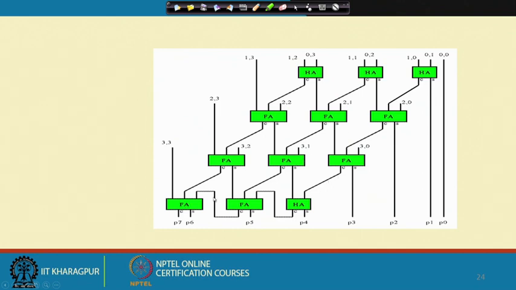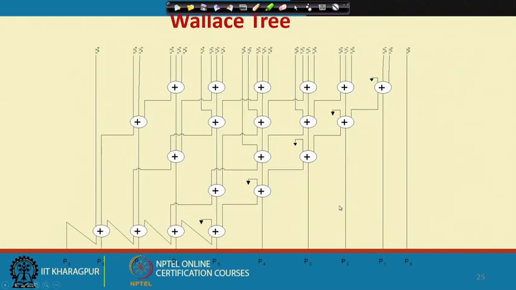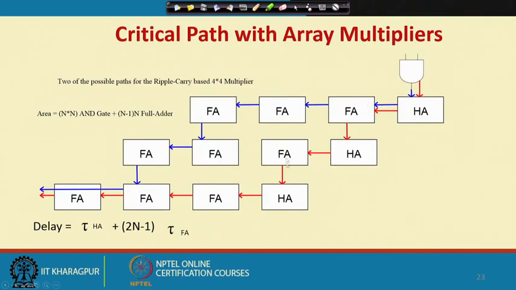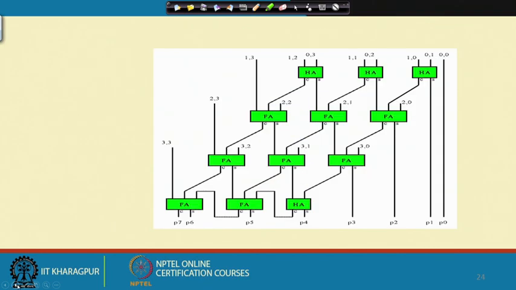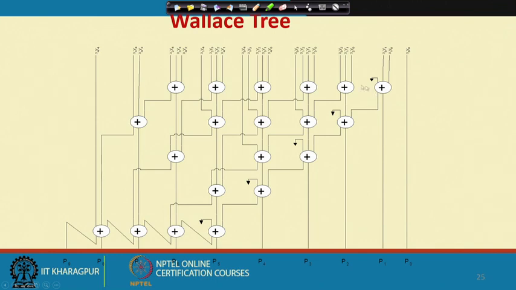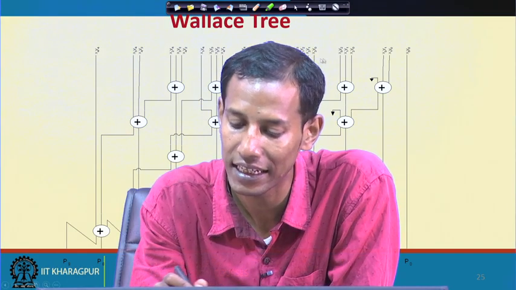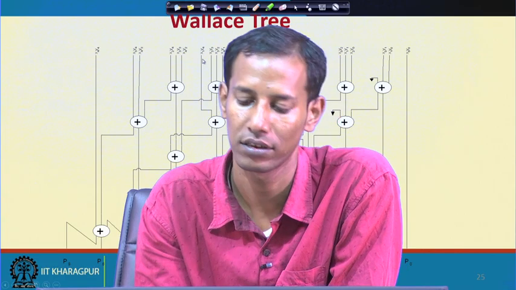So, this is, that means full adder, that means the array multiplication we have seen. So, what we have seen, okay, in this fashion. So, this is just some modification to that. This is known as this Wallace tree. So, that means like a tree structure, we are just adding each of these partial products.